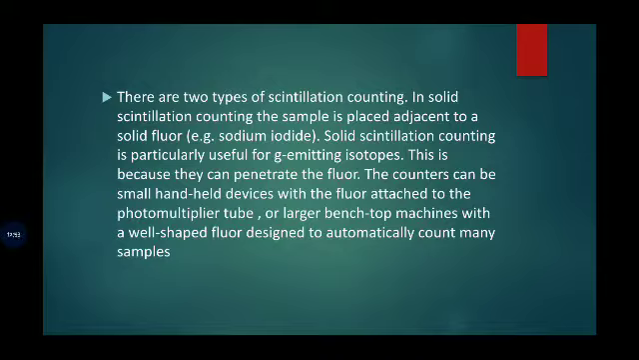Scintillation counting is particularly used where gamma emitting isotopes are involved, because they can penetrate the fluor, so the counter can be small and handheld. They are measured by a very small handy device which detects the emissions produced by the fluor through the photomultiplier tube. For large scale work, there are bench top machines which are used for the counting of the